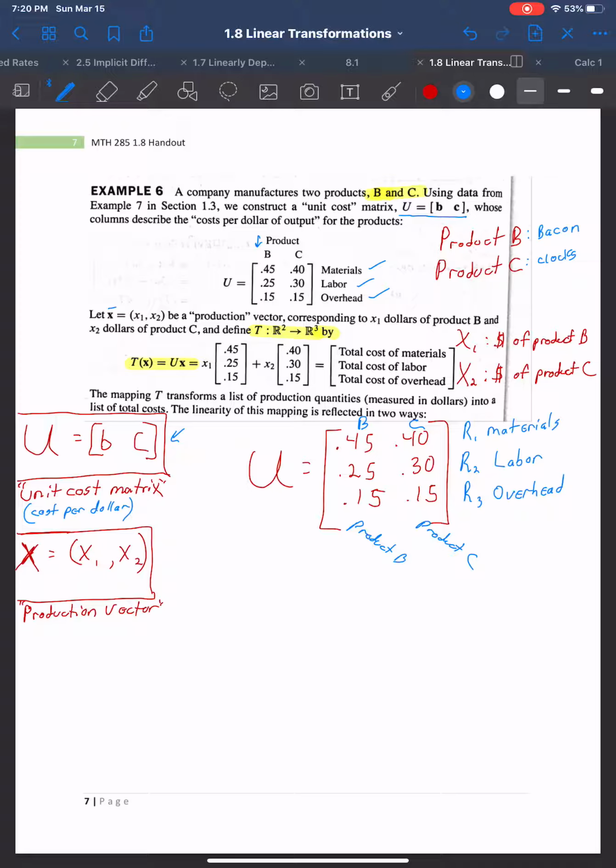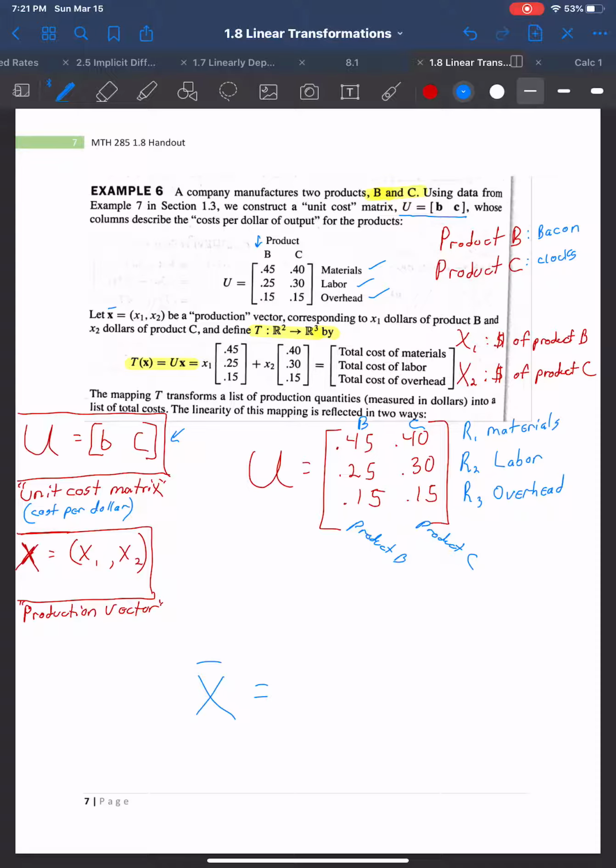You can think of it where x sub 1 is the amount of dollars of production of product B, and x sub 2 is the amount of dollars of product C. Right? Let's see if we can at least make sense of that before we go any farther. So x is some type of production vector,